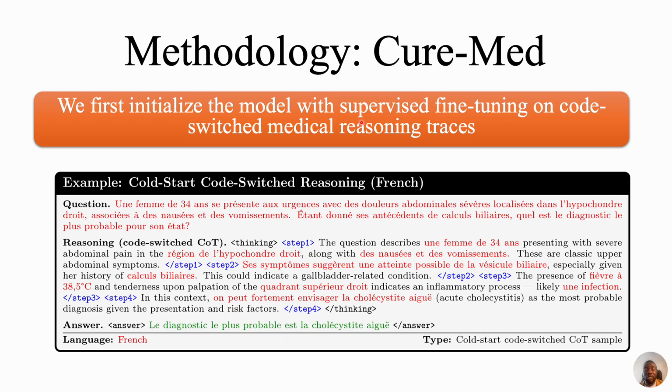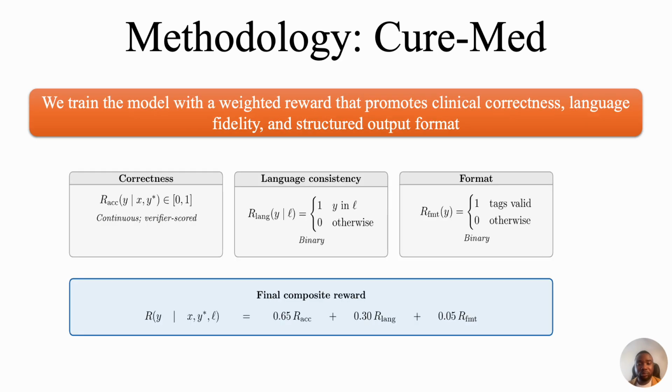The first method that we use on our dataset is supervised fine-tuning on our code-switch medical reasoning traces. When we talk about code switching, we are trying to ensure that the model uses the language that it is most familiar with, which is English, so that as it is answering, when it is struggling to answer in the target language that it is being prompted in, it should switch to the language that it is most familiar with. This is just a training framework, but the main answer that faces the user is always in the language that the model is being prompted in. So we taught the model step-by-step reasoning and how to also give its final answer.